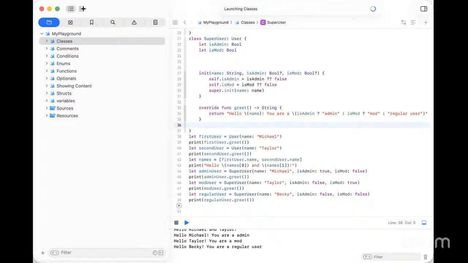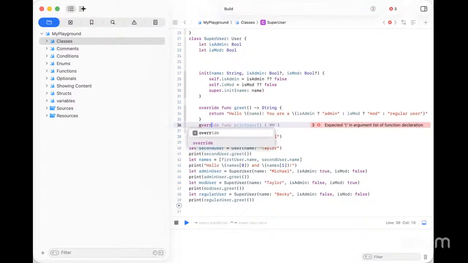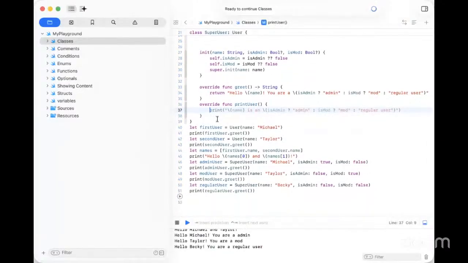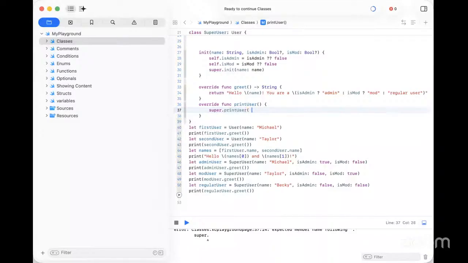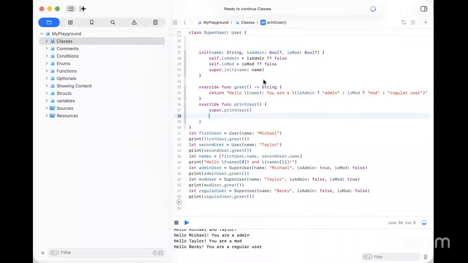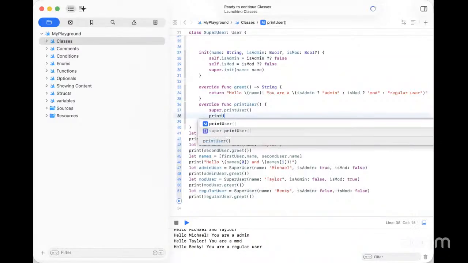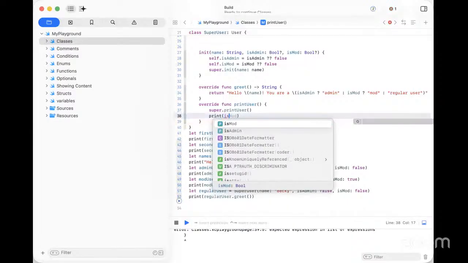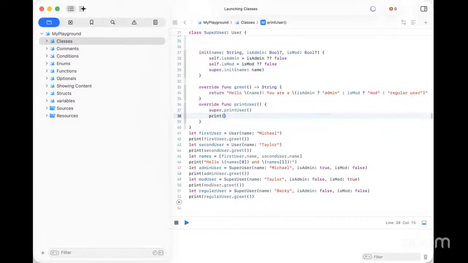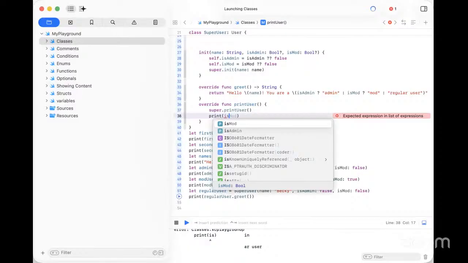We're going to say override func print user, and then we're going to call super dot print user, and so that's going to print the current user like we had before, but now we're going to say print user print parentheses is, let's see, is mod or is admin